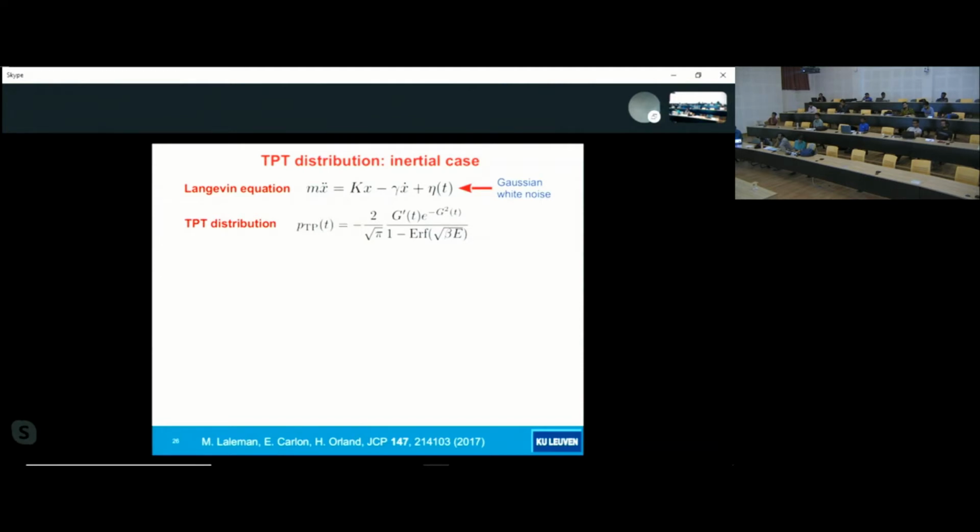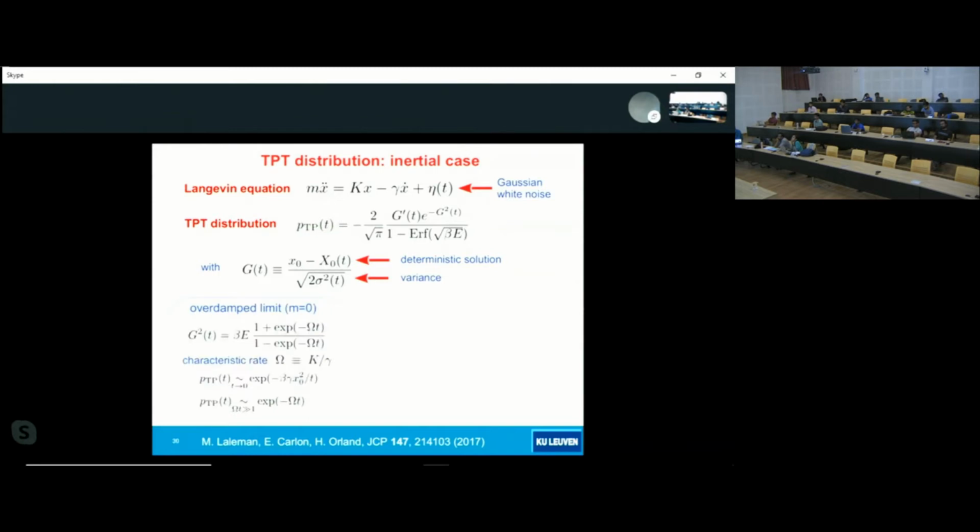And the G is given by the deterministic solution, x naught of t, of your process, which is a sliding function. The deterministic solution doesn't cross the barrier because if you start from the left, it slides down, but it's still in there. And the variance of the process, it's a Gaussian process, and it's like that. In this universal form, we can rewrite and find the G that corresponds to the overdamped limit, which was already